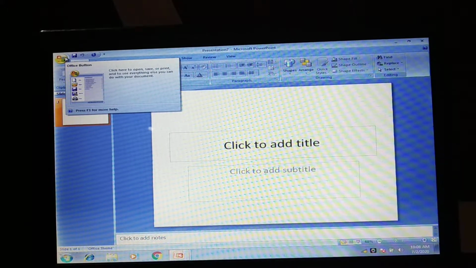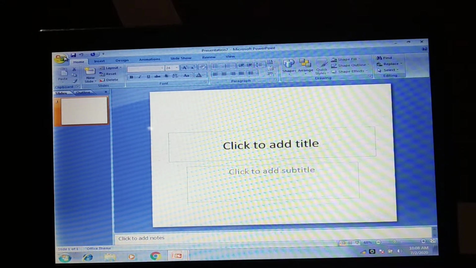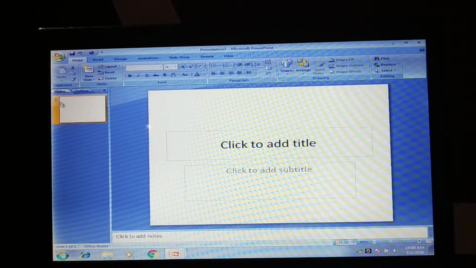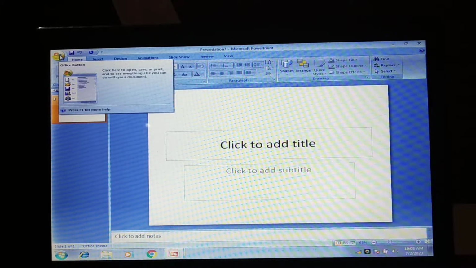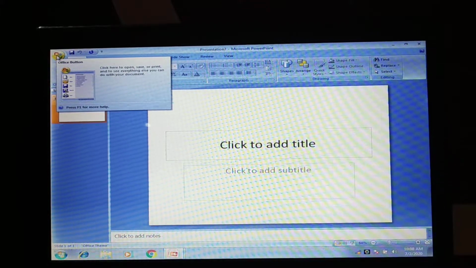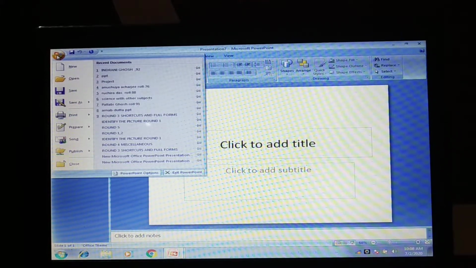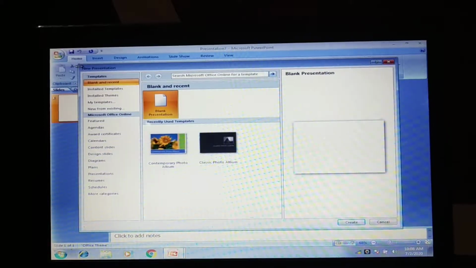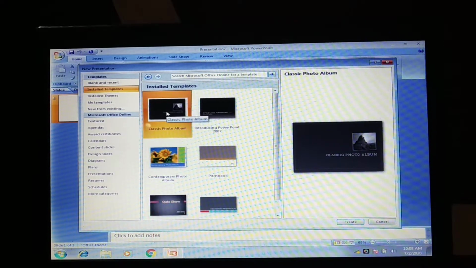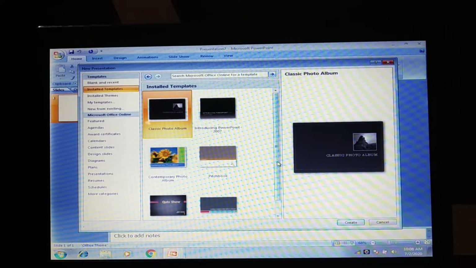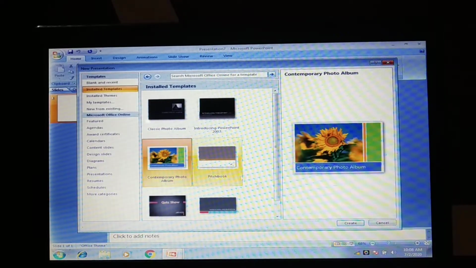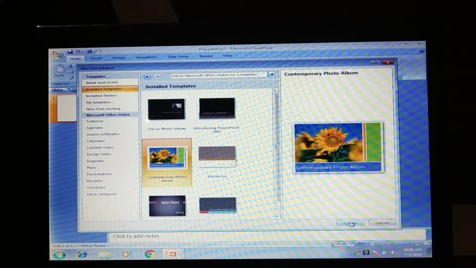In your book, Microsoft PowerPoint 2013 is used, but on this computer where I am showing the illustration, you have the Microsoft 2007 version. So here we have to use the top left button, that is the Office button. Click here. After clicking, this window appears. Then you go to New. In this, so many templates appear. I am clicking on Installed Templates. So many templates are shown again. These are the ready-made templates already there. Let me choose this one, and after that you click on Create.